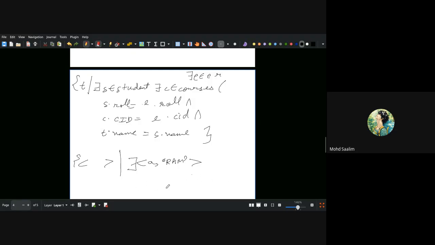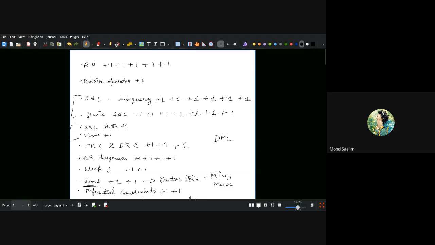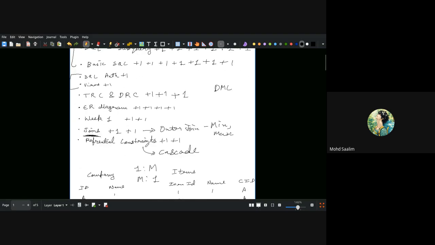So writing DRC, you can do in multiple ways. Either you can give the direct value here, or you can go and give the condition, whatever you prefer. So this was the basic discussion. We will see everything else when we solve the questions.